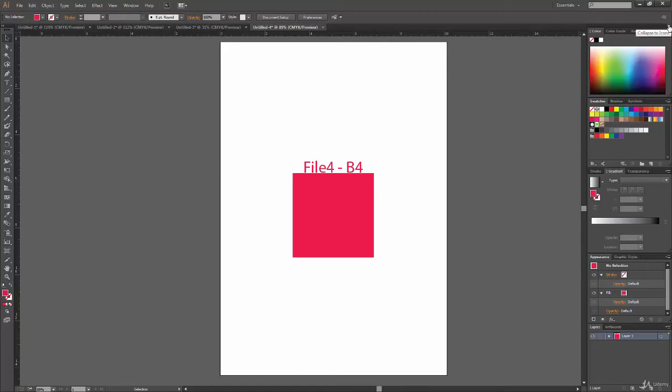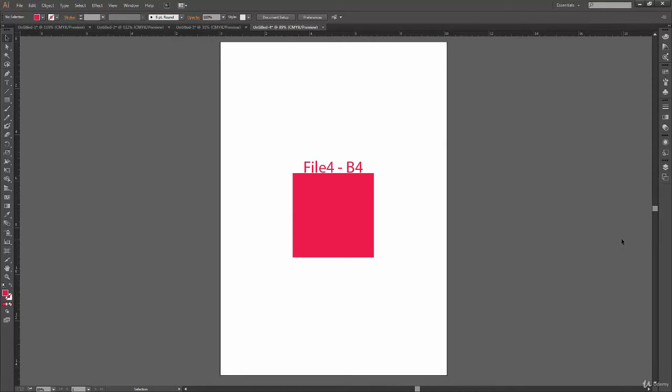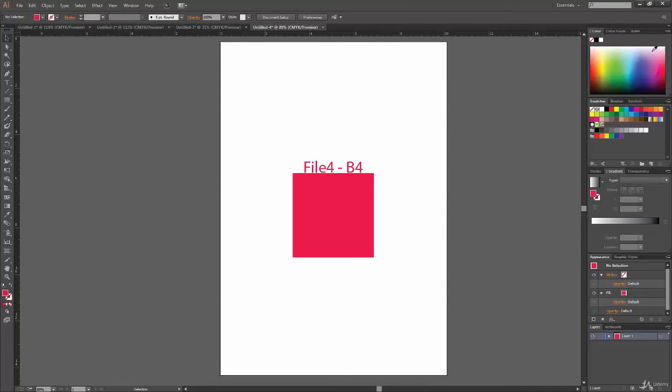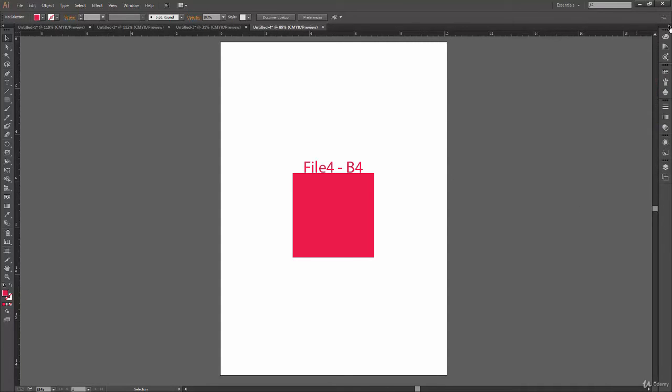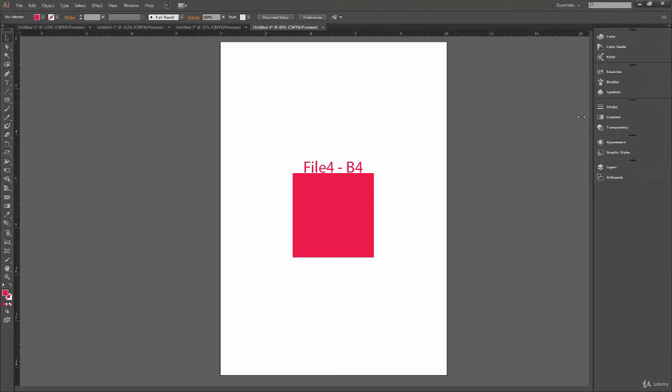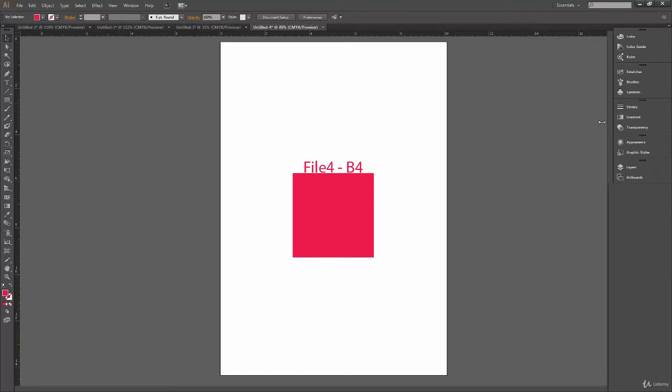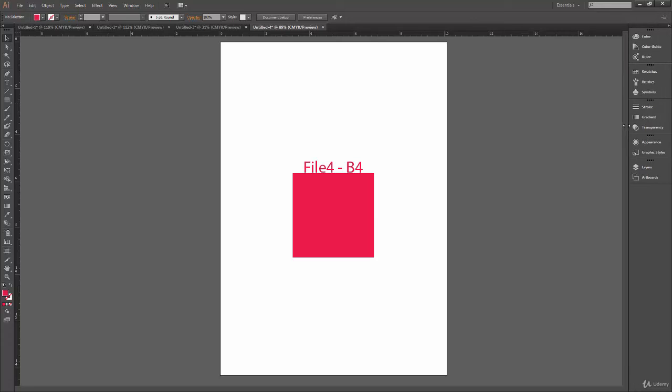I can click on this double arrow, and it will again shrink, or minimize, and then it will again open. So it's like a toggle switch, you can see. Alternatively, I can mouse over here, and when I click and drag, I can expand it. But this will not open the panels.